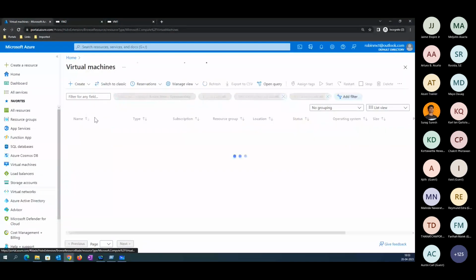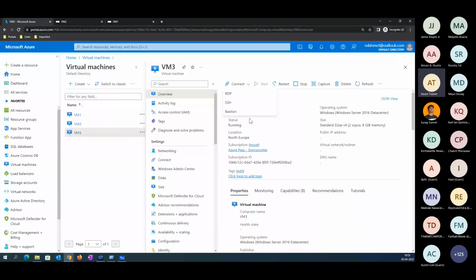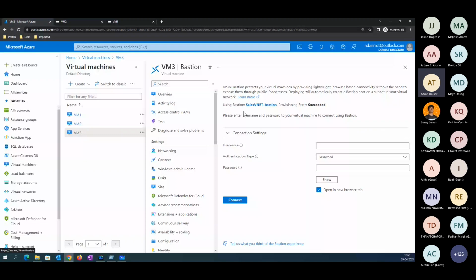For example, the moment you connect to a particular VM, it depends upon what username and password you are giving. You may remember that at the time of creation you provide a username and password, right? Technically, that username and password is created on the local VM server. So it's using a local username and password.